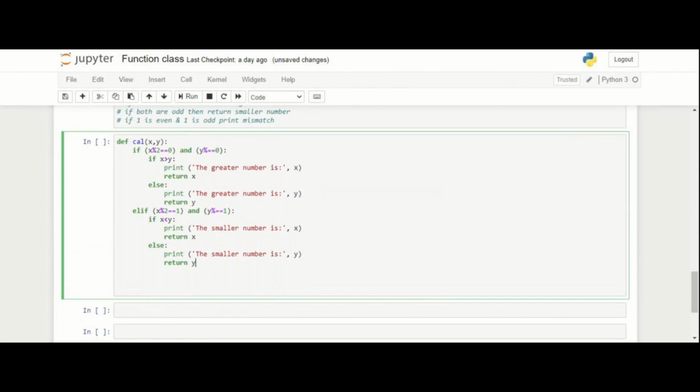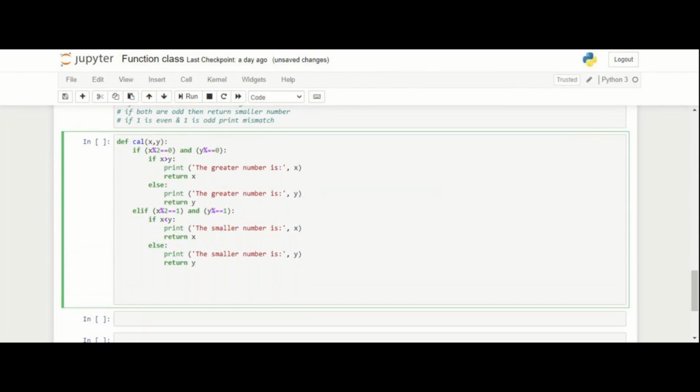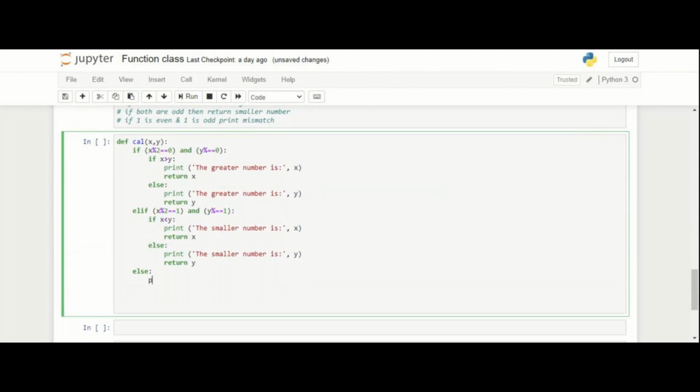And now my third condition would be just the else part, and in this it should only return mismatch, right? Understood, or do you still have doubts? Yeah.